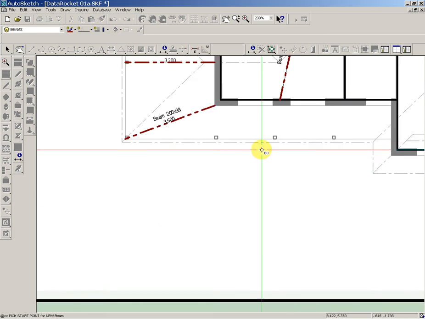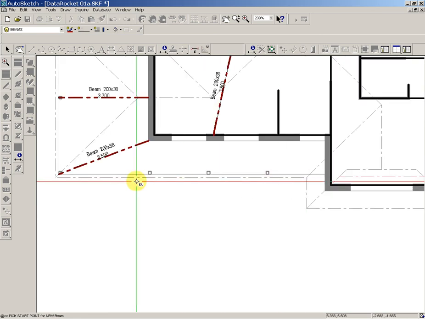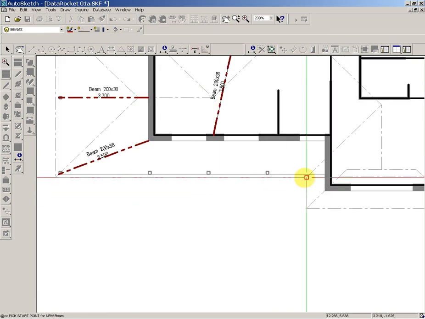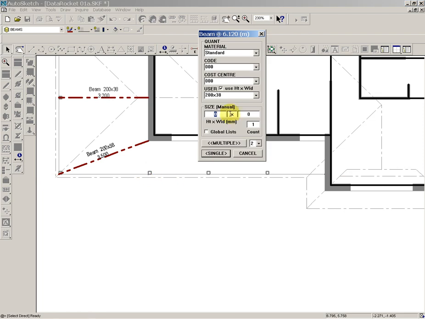If I was putting beams around this whole area, I might go endpoint to here, and it said that's manual. So this has got a 6.12 span, but this is greater than what's in the list. Now as far as the list goes, I'm going to cancel out of here